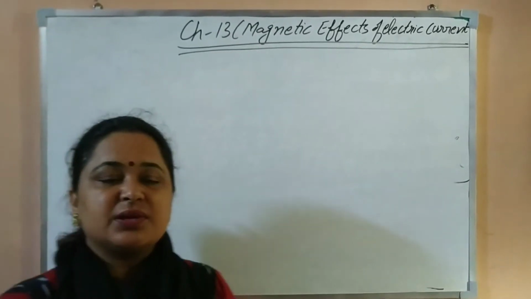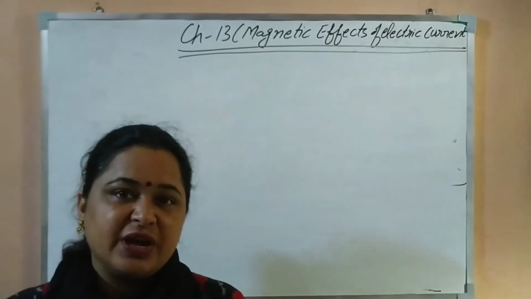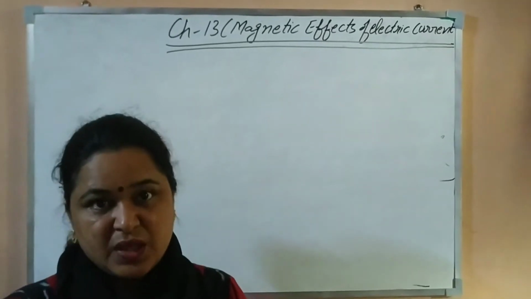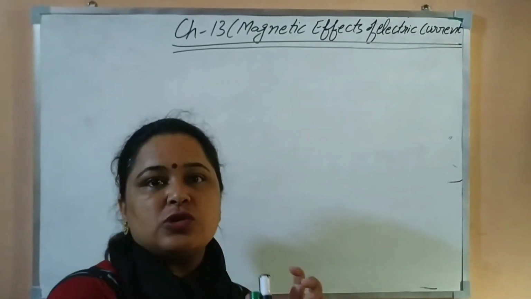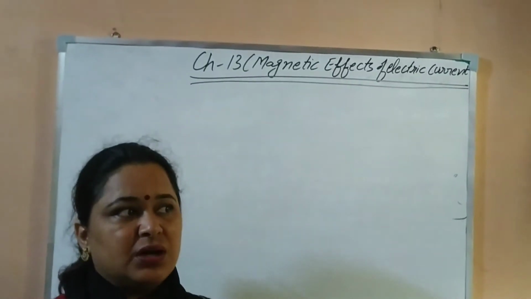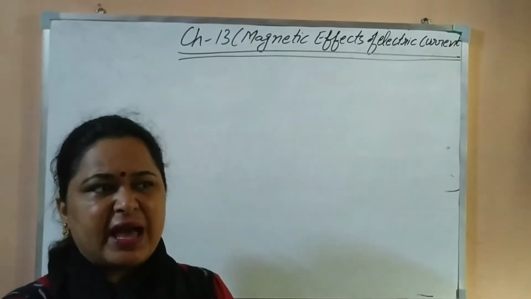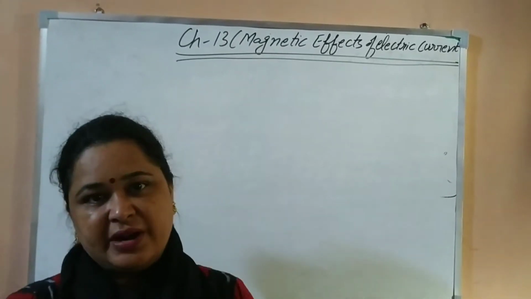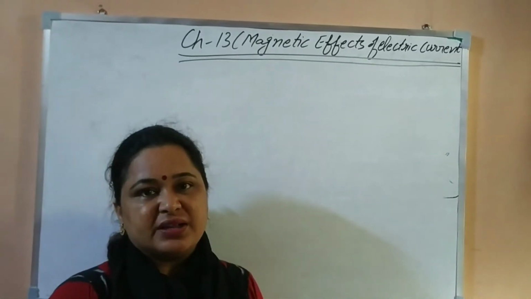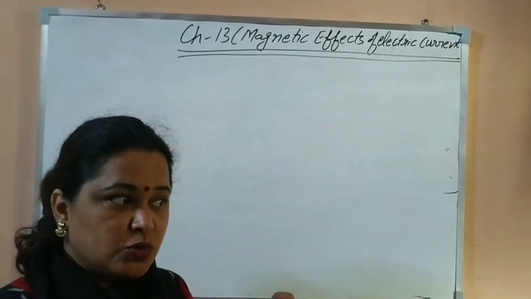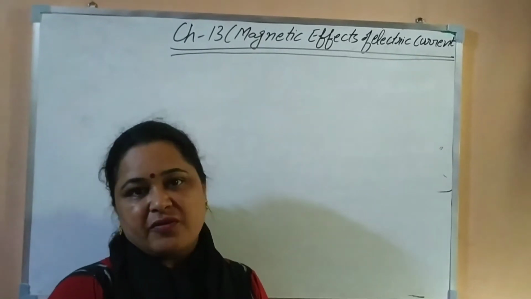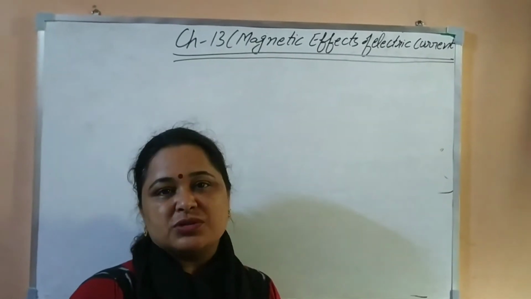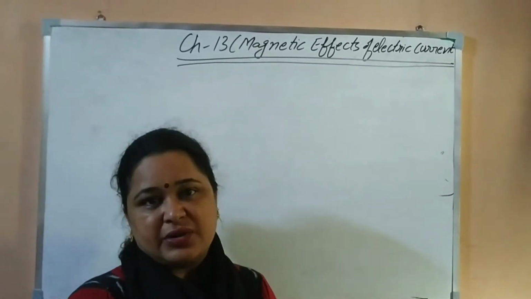You know that Hans Christian Ørsted was a scientist who proved that when electric current is flowing through a conductor, it shows magnetism. So is the opposite also possible? Whenever we keep a magnet near a coil, can it produce an electric current? This thought came to the mind of Michael Faraday. He introduced the new idea that whenever a magnet and a coil are there, it can induce an electric current.